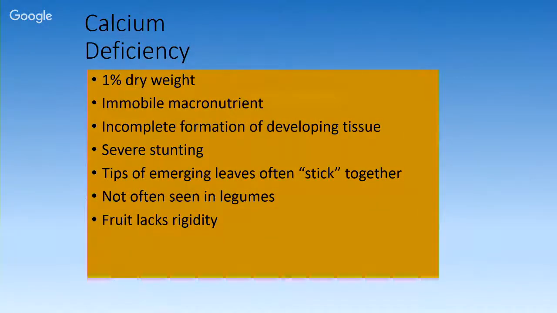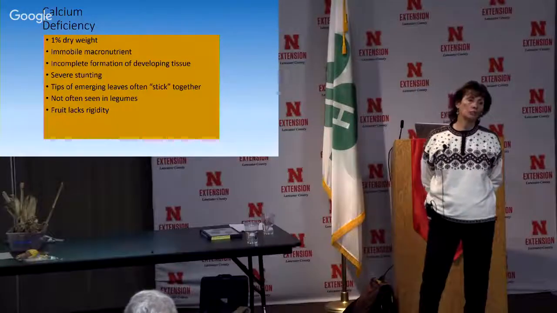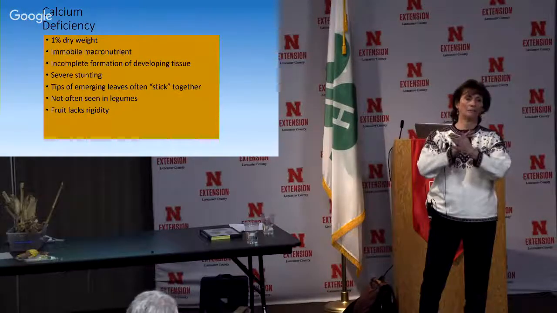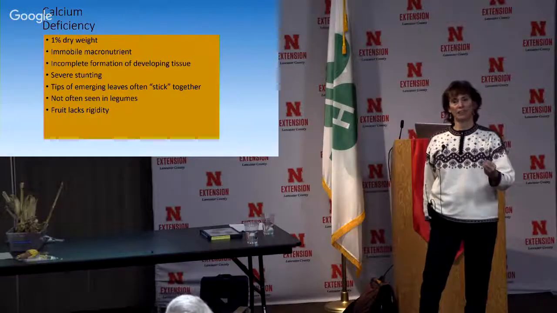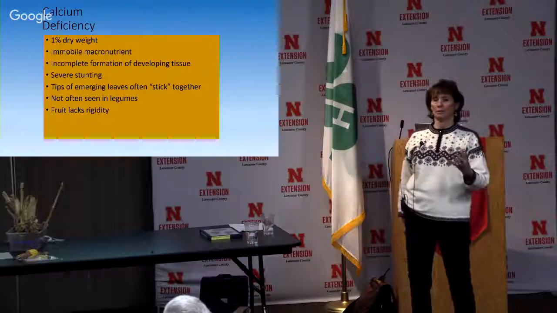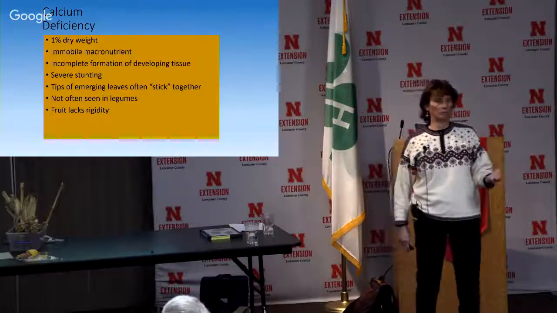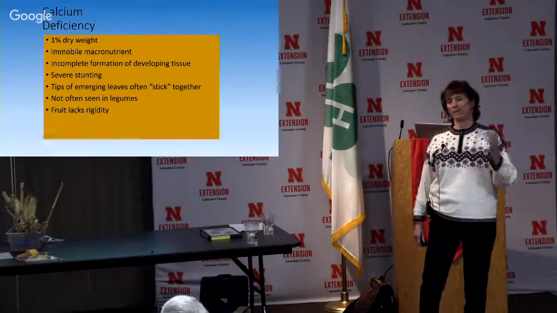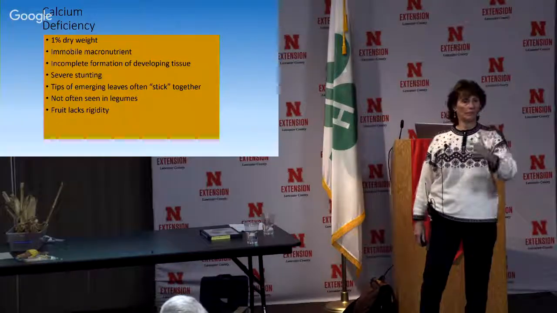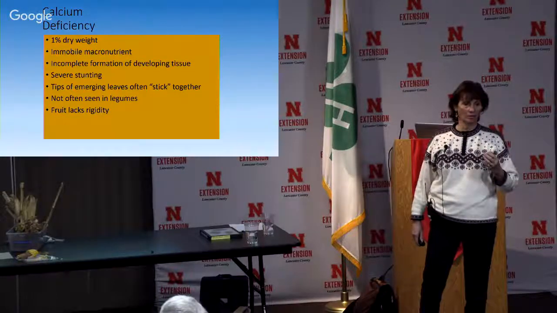Calcium. Now, notice that this is not yellow. Calcium is immobile, and you will see severe stunting. That's because calcium is the glue that holds cell walls together, calcium pectate. And so any place that is growing, if it doesn't have calcium, the cells fall apart. And if the cells fall apart, they turn brown. And so calcium pectate is the glue, and it's also involved in the cell wall fibril laying out with